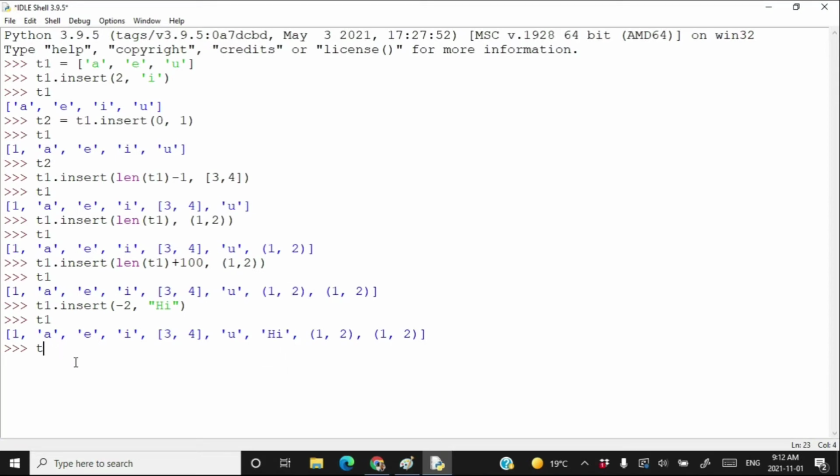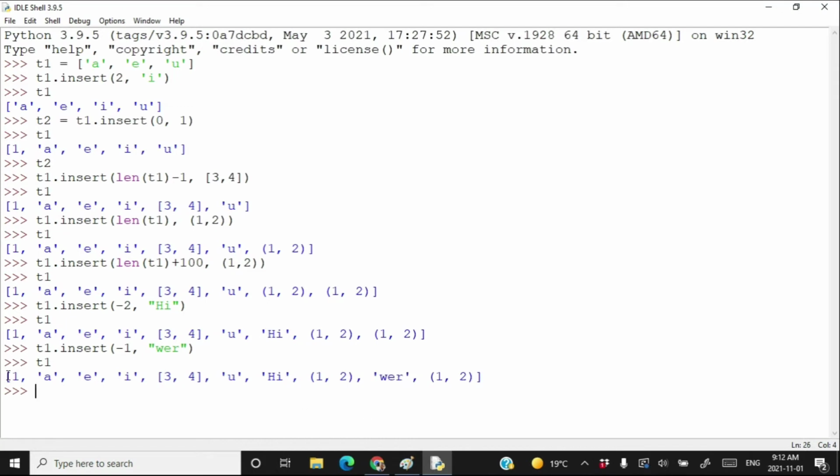Similarly, if we write T1 dot insert, I want to insert at the index -1 and I want to add, say, WER, any random string. Type T1, and as you can see, it got added after the index -1.